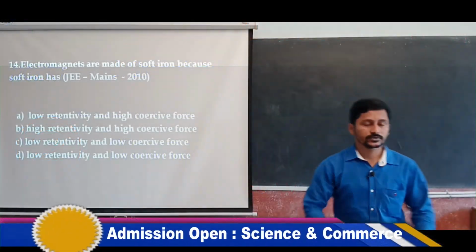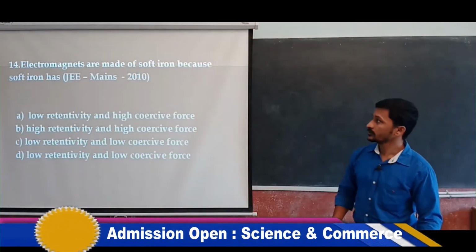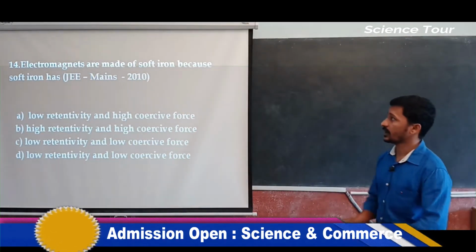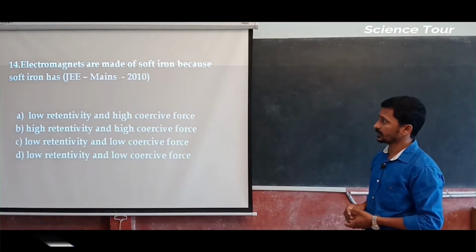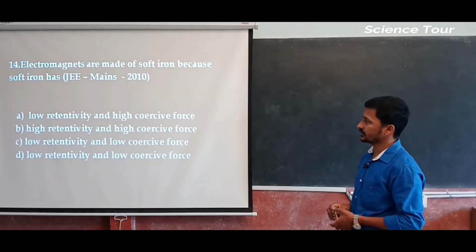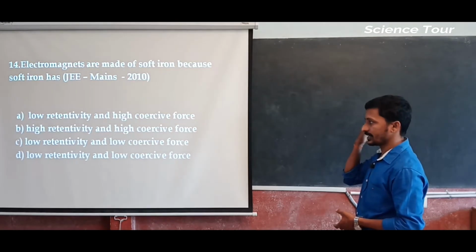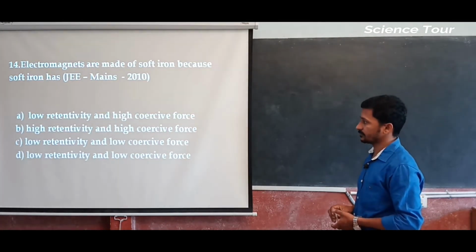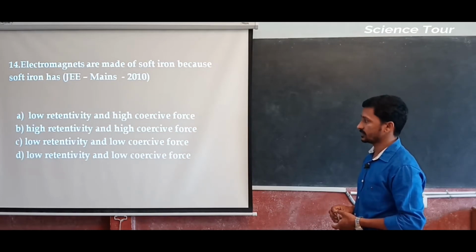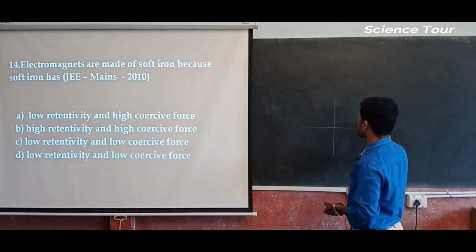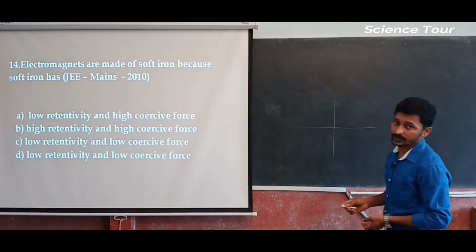Okay, we were talking about the questions. The 14th question you can see on the board: electromagnets are made of soft iron because soft iron has low retentivity and high coercivity, high retentivity and high coercivity, low retentivity and low coercivity, or high retentivity and low coercive force. So low coercive force and high coercive force, retentivity, that we have seen because of